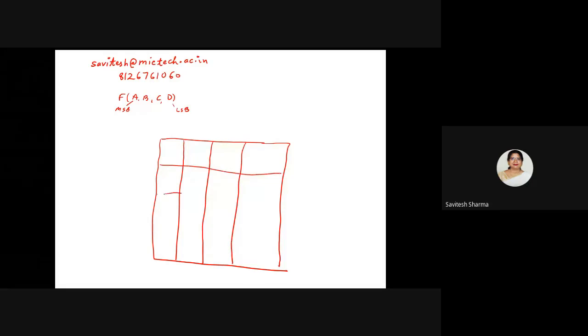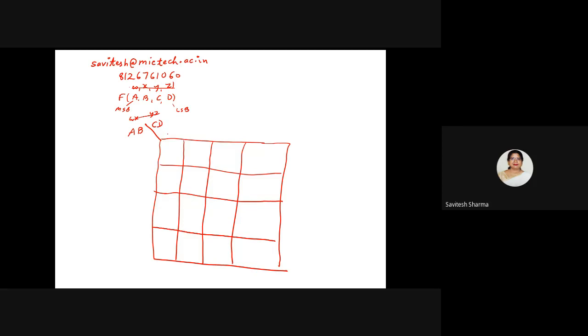So those who are unable to understand how I am filling the cell number, I am again explaining. Please look here carefully. I will start writing the variable names from the MSB. This is A, this is B. So I am writing A. Then it is C and D. You should not miss the sequence or the order. If it is W, X, Y, Z, then WX you will write here, YZ you will write here. Every time, be careful with the variable sequence. Order is very important.